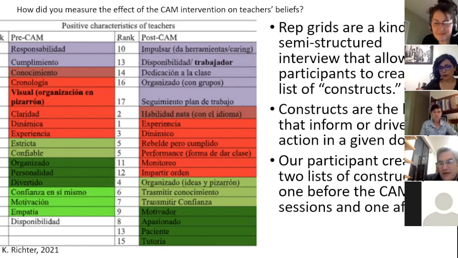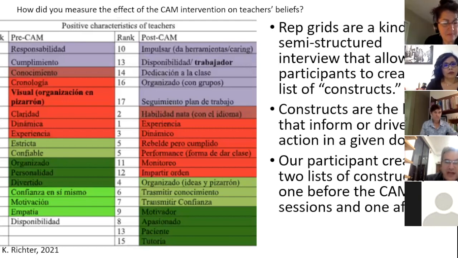We've had RepGrid interviews with a number of our participants, but right now I'm just presenting a slide of the constructs of a single participant. There were actually two interviews, a pre-CAM intervention interview and a post-CAM intervention interview. And looking at the screen, you can see a list of the constructs. Go ahead, Patty. The reason that they're different colors is because after the constructs were elicited, we worked together with